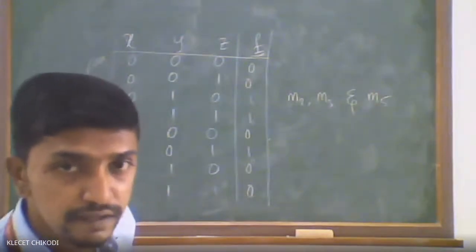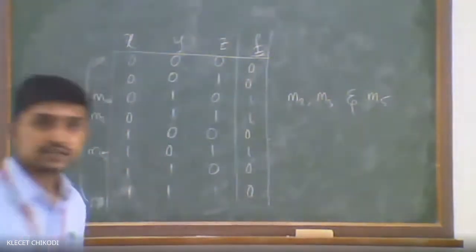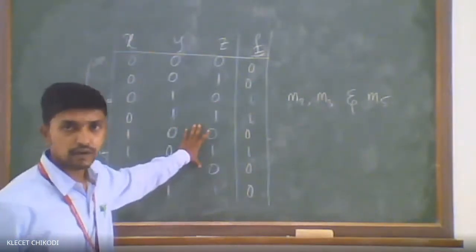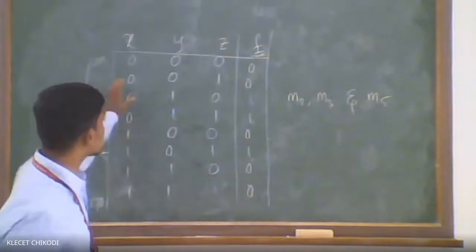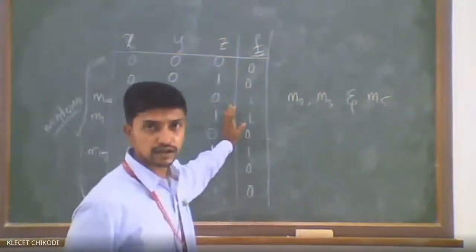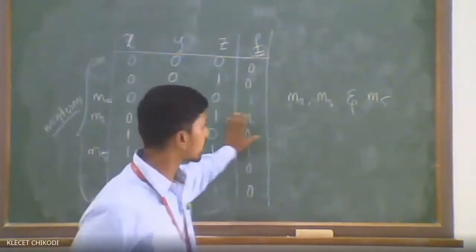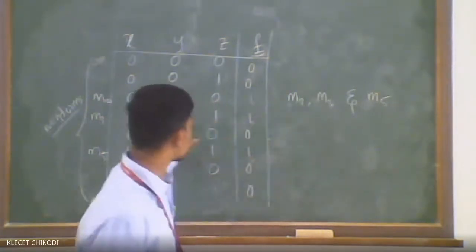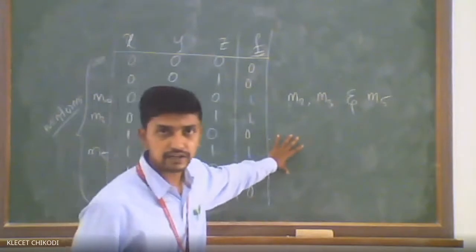Okay, somebody is asking me here, explain it once again. So this is the question they have given. We have not done anything here. So already this is the table you have got. So for this table we have to write the canonical function. Right? For this table you have to put the canonical function.